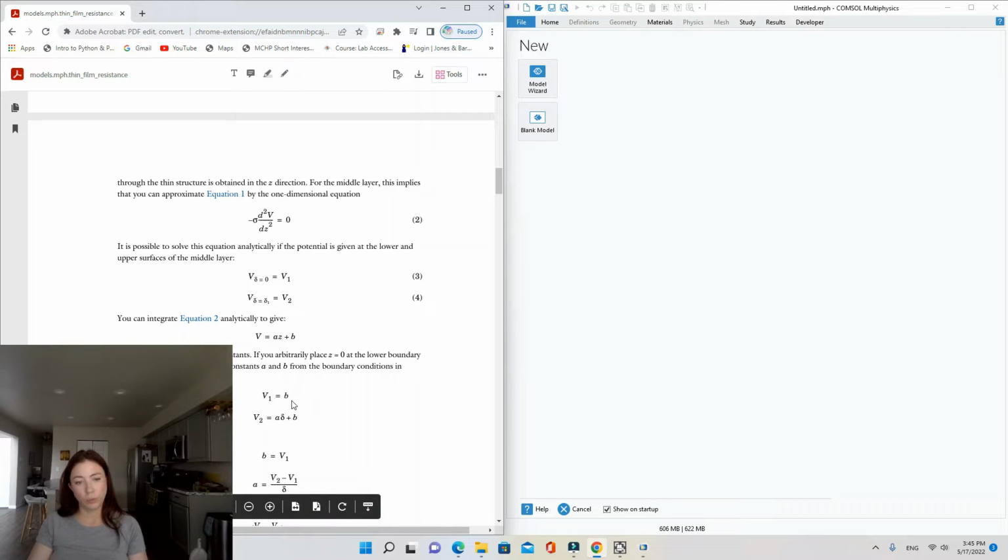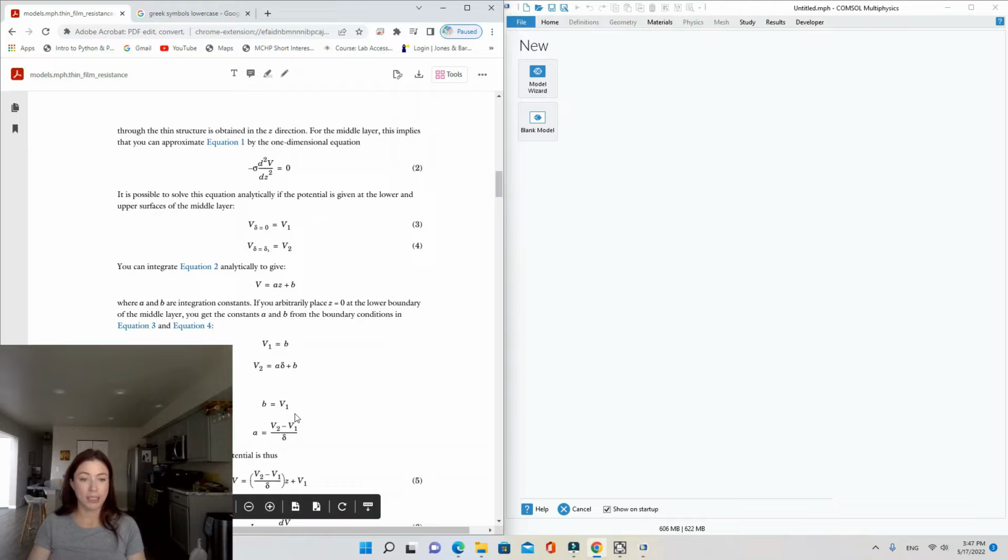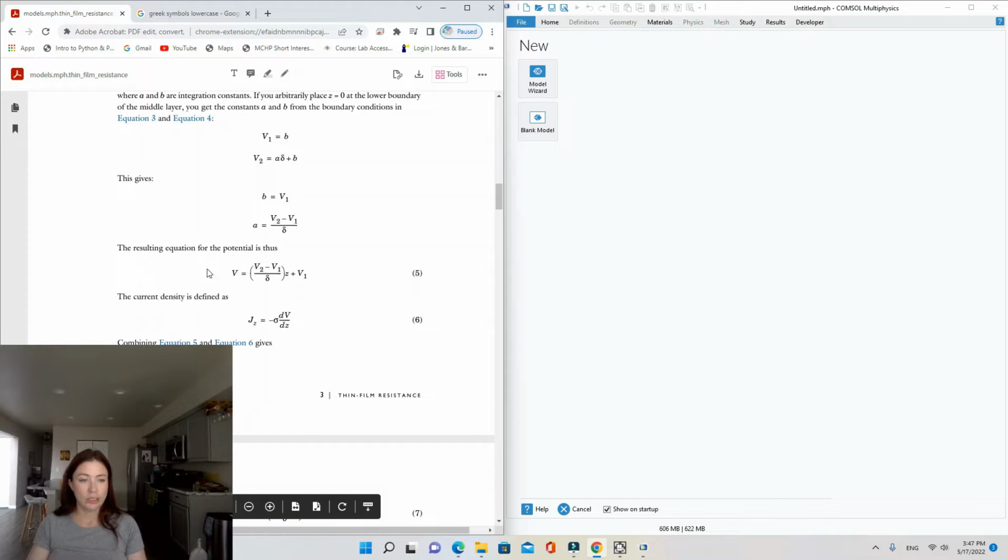So V1 becomes B, this integration constant, and V2 becomes A times delta plus B. So this gives B equals V1 and A equals V2 minus V1 over delta, which we've done just by algebraically rearranging these equivalencies, which produces the resulting equation for the potential. Voltage equals V2 minus V1, the change in voltage, the delta voltage, but over the symbol delta,